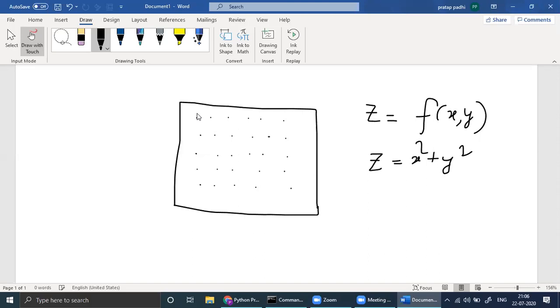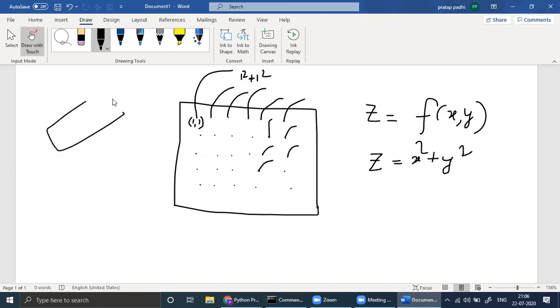Then what will happen? For all these points, suppose this is the point 1, 1, or you can write 0, 0, you will get 1 square plus 1 square. Similarly, for all points, whatever number of points you have, you apply the function. I'm not saying you will always get a plane like this. We have so many 3D shapes.